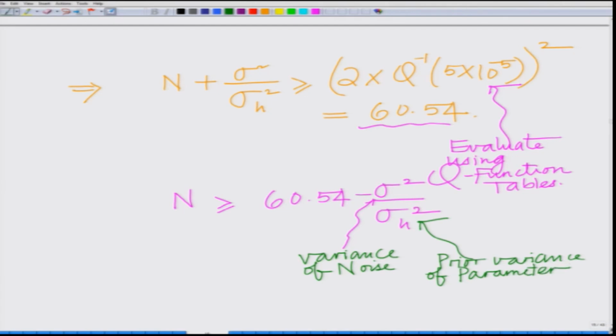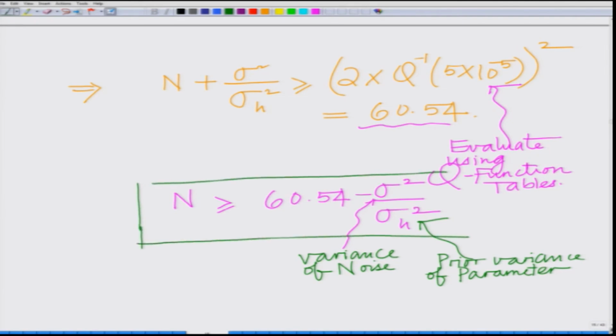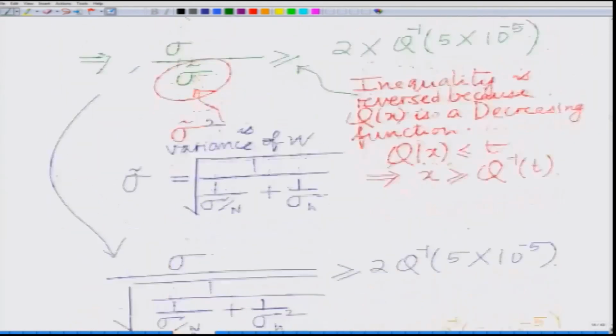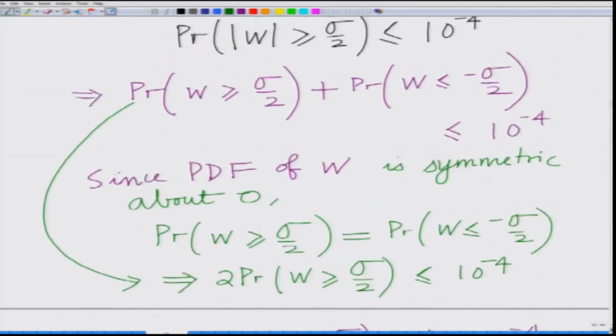Sigma square divided by sigma h square, and this is the prior variance of the parameter. And now we have derived our number of samples that is required. Remember, let me explain to you, this number of samples that is required is basically, if you go all the way back and you recall what we were deriving, this is basically